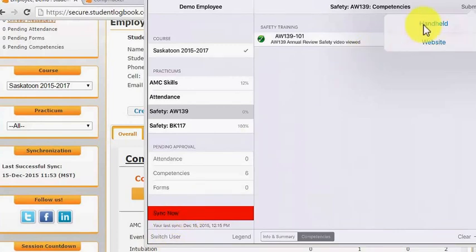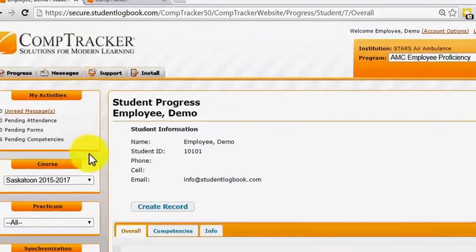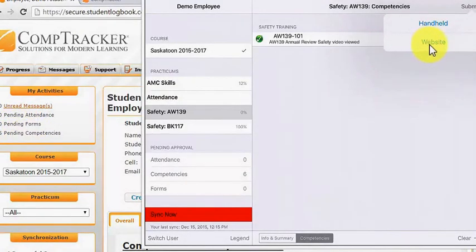If you pick handheld and submit and sync your data, the data will go to the website, but the assignee does not have access to it from their My Activities box. On the website, the My Activities box for non-student accounts, there are actually links here that take them to anything that's assigned to them. If I pick website approval destination,